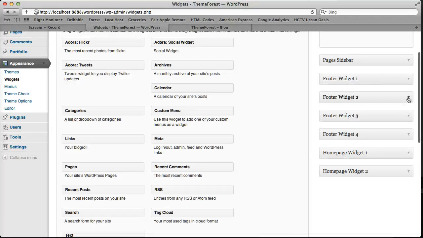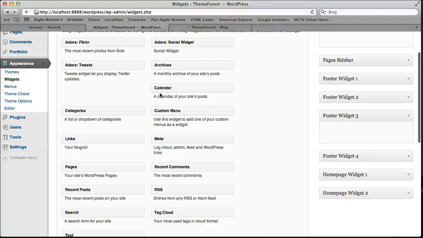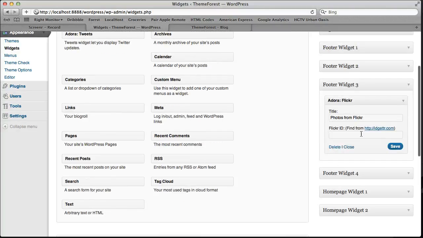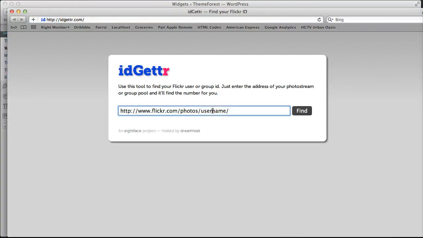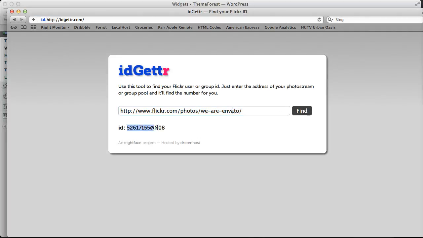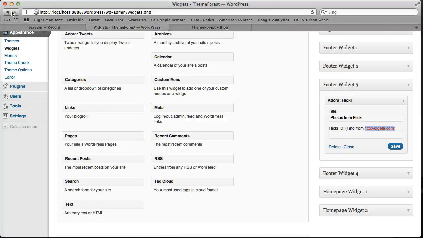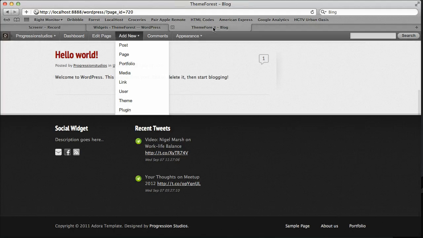And let's go into footer widget number 3. Let's add our Flickr. Flickr's a little bit different. You've got to go to your ID getter, and then type in your ID that you need, and then it gives it to you. You copy the ID. You can close ID getter, paste it in there, and save it. We now have our